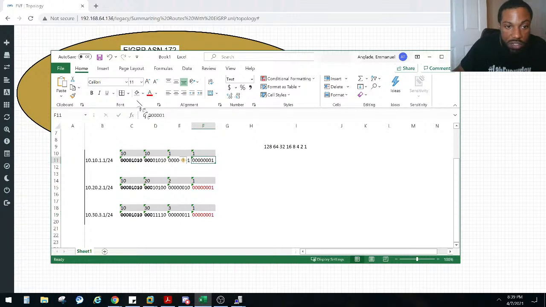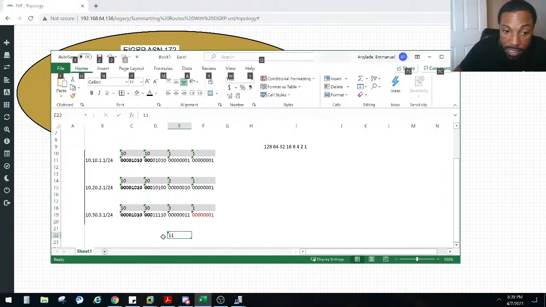Actually, no, these are the same, but let me not even do that, because those numbers are the same, but you want to read from this side, and that's going to tell you what your subnet mask is going to be for the summarized address. So we just got to count them, right? There's 8 numbers there we have in common, plus the 3 numbers we have in common, which means we have 11 bits that are common. That's going to be our subnet mask